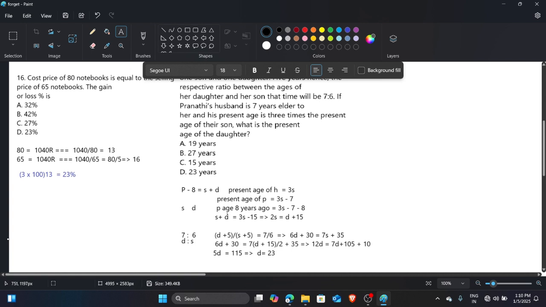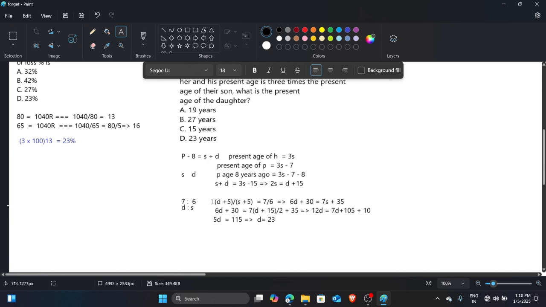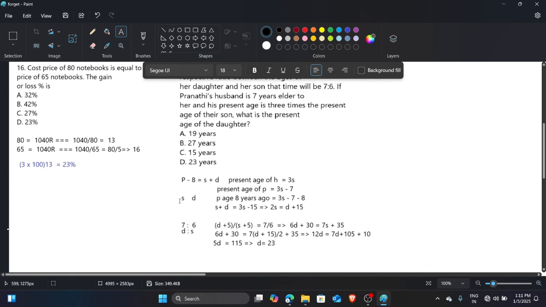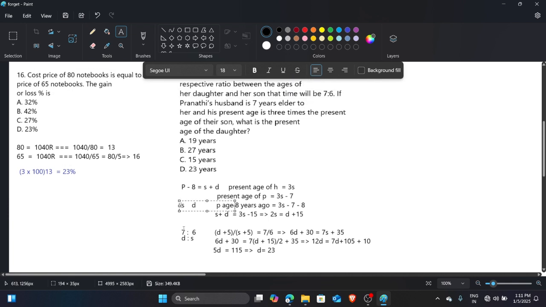Now we know this condition. We subtracted this because the penalty is this, so I put p here, minus it, so we get one equation. And one equation we have is s plus d; I put the value of p from there into here, so I got this equation. Then the second condition: 5 years later, the ratio